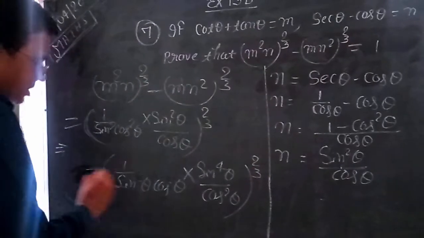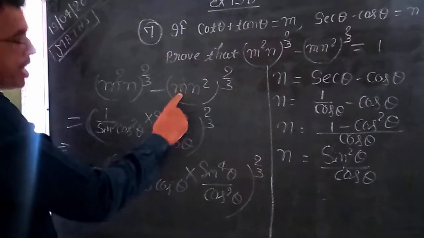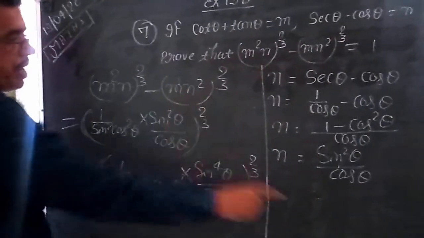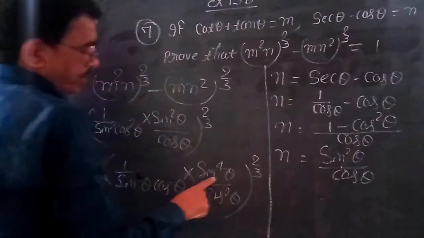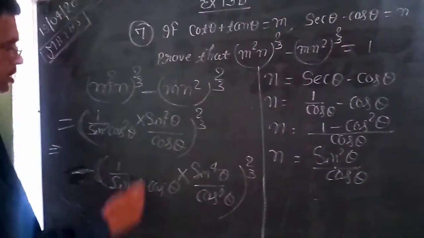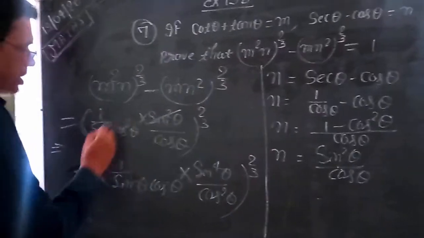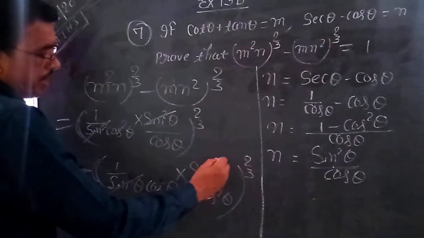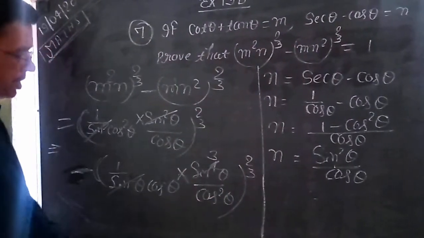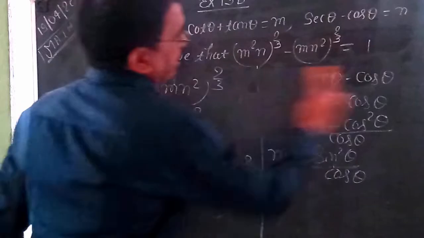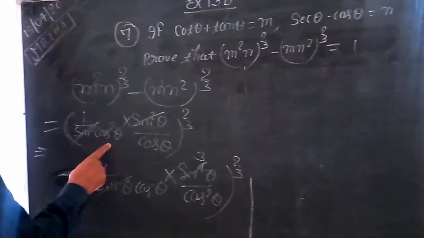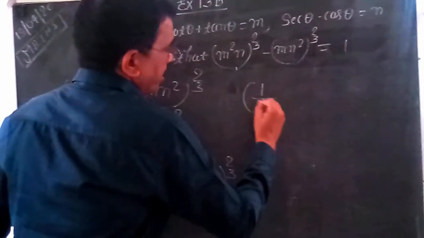And here is minus. So I write here minus m, value of m is 1 by sin theta into cos theta into n square. So square this, you get sin 4, and here is cos square. First you cancel it. It is sin square, then cancel this sin square. Here is sin 4, here is sin theta. So it is cancelled by 3 times, that is sin cube theta. And then you write here is 1 by cos square and here is 1 by cos. So it is 1 by cos cube theta